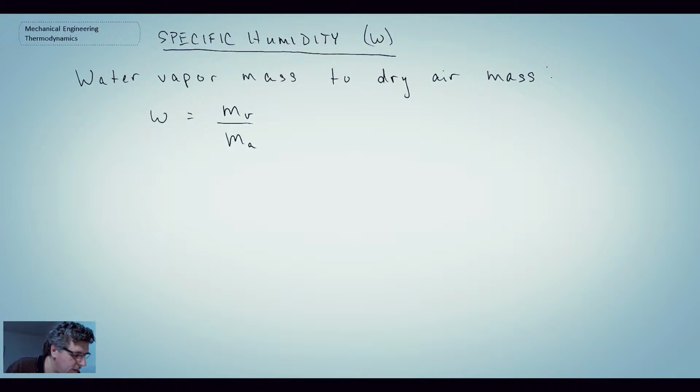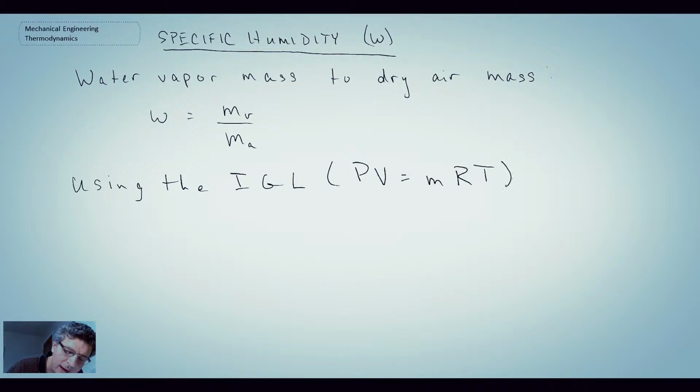Now what we're going to do, we're going to try to come up with an equation that enables us to calculate the specific humidity knowing the vapor pressure. And we're going to use the ideal gas equation for that. And we'll use the form with mass in it, not the number of moles as we saw earlier. So we can write specific humidity